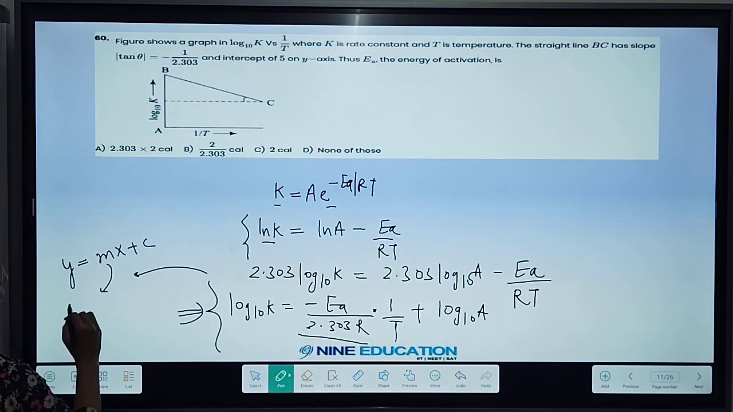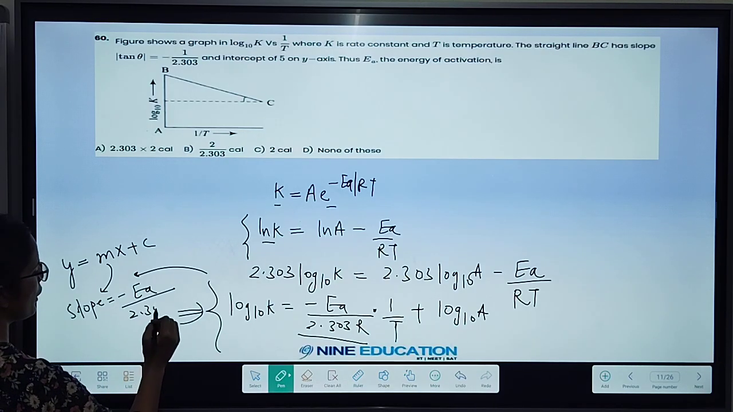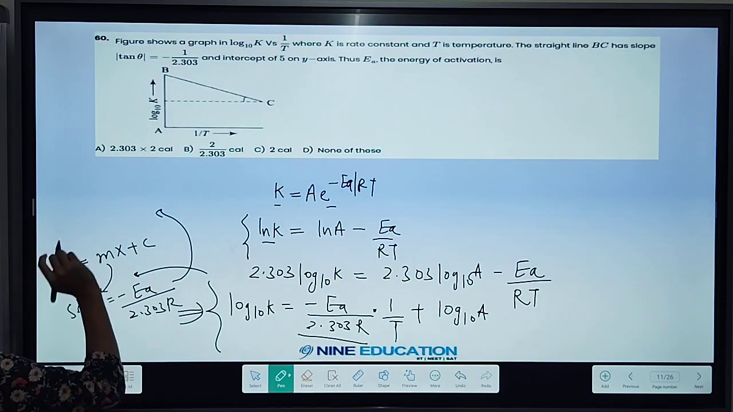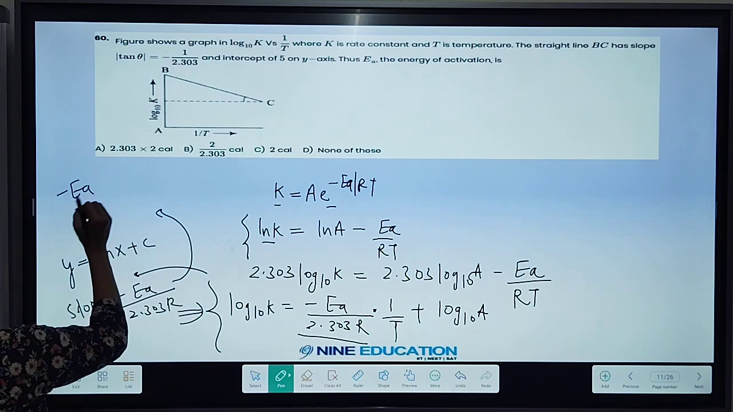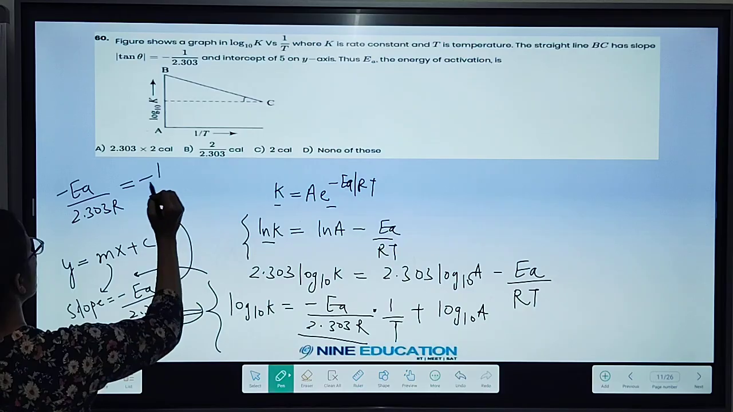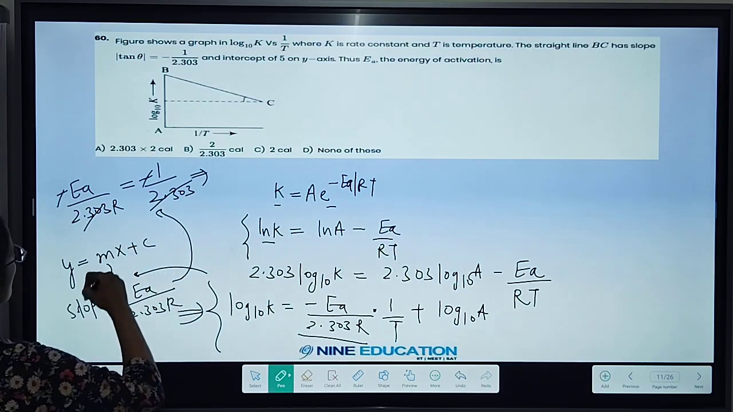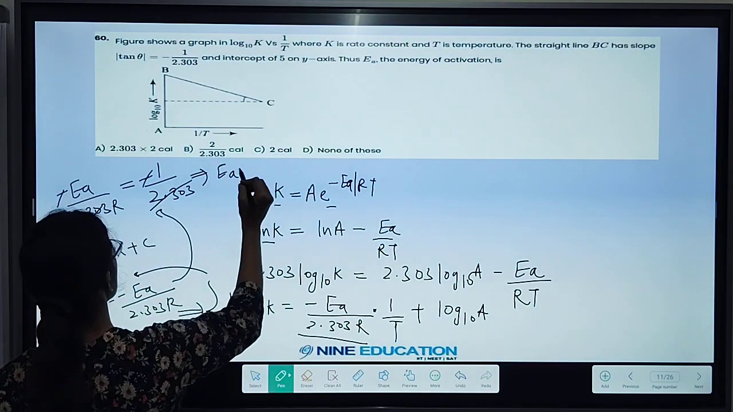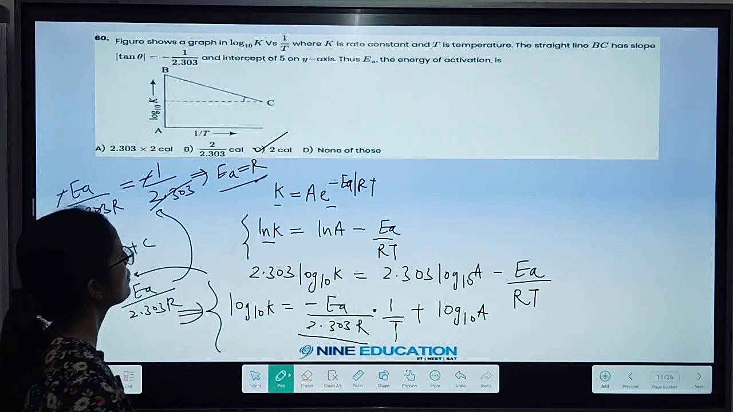Okay, so slope will be what? Slope is simply minus Ea upon 2.303 R, and for which also they are giving you the value: tan theta is given as minus 1 upon 2.303. So I can say that minus Ea upon 2.303 R can be equated to minus 1 upon 2.303. Everything is given in a very simplified manner, right, for the convenience only. So Ea will be equal to R, and the answer which they are giving for activation energy is in calories, so our value will be 2 calories, so option C would be